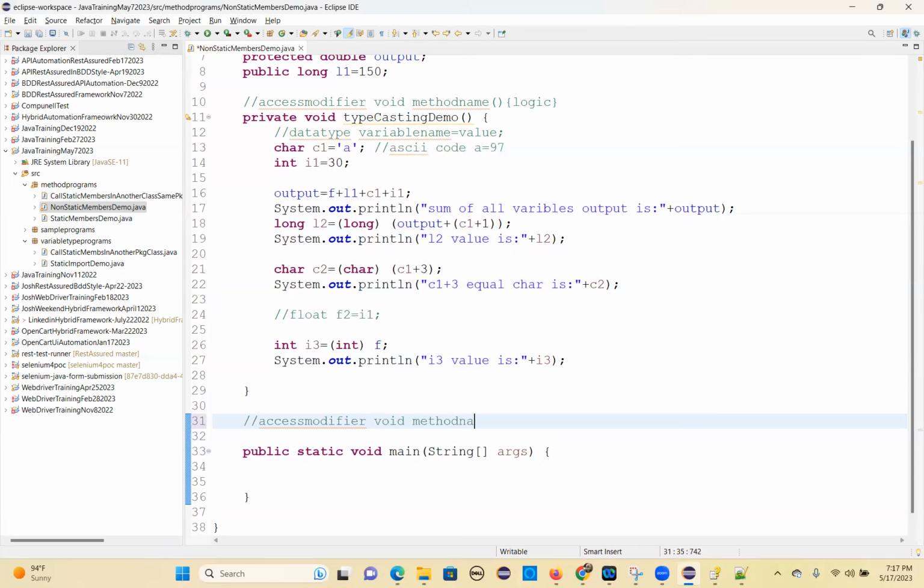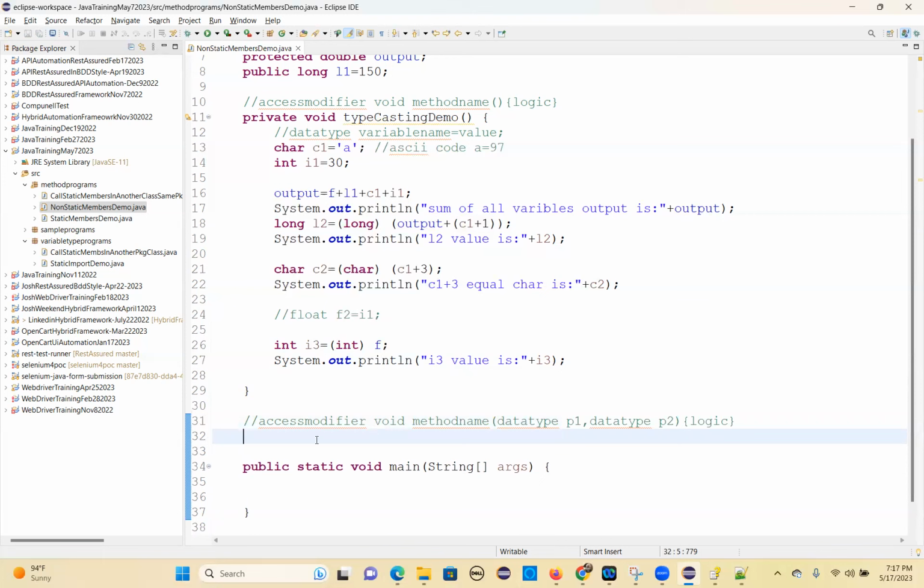void method name. So what is the second type of method? Parameterized void method. So access modifier, how much? What can you take? Public, I can take. I can take public, then void. So the program I'm going to write here is, I need to